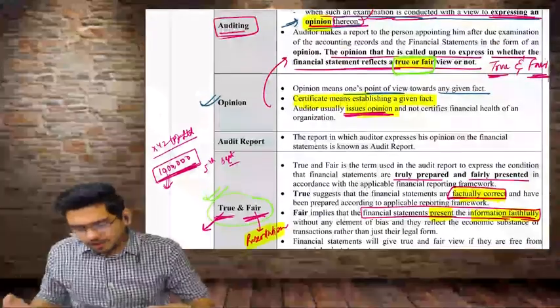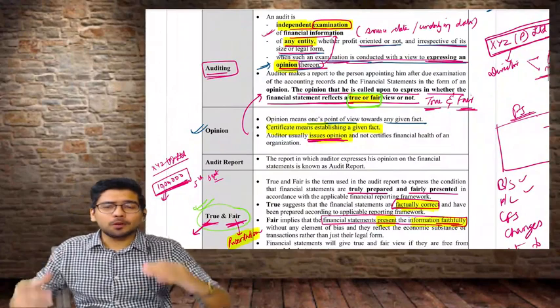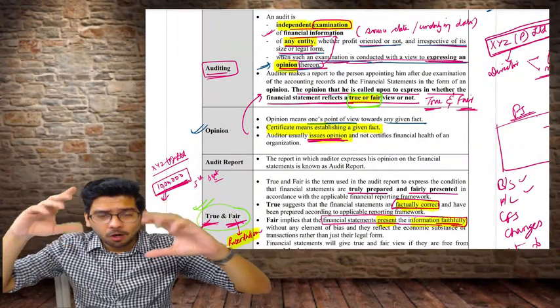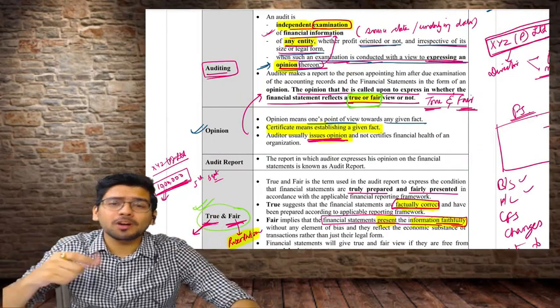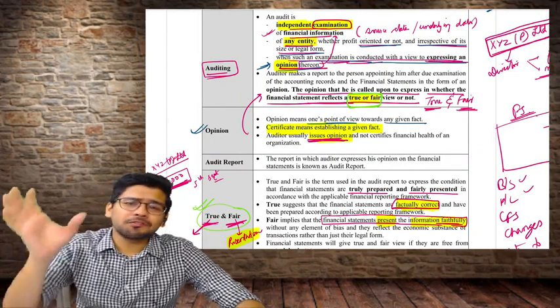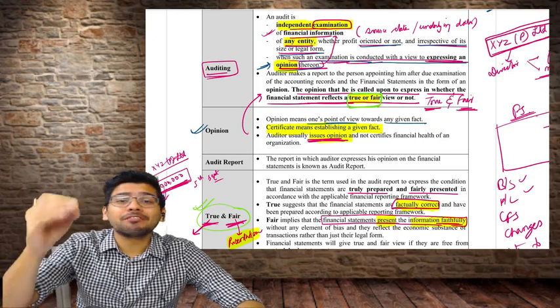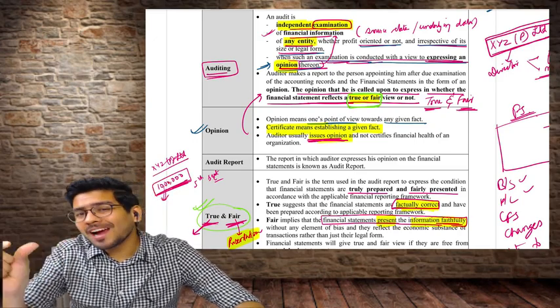Now, okay, again let us understand the sequence. I have done the auditing of the financial statements. Now I'm going to basically give an opinion. Okay, what kind of opinion am I going to give? If I'm going to give an opinion that the financial statements are giving true and fair view,